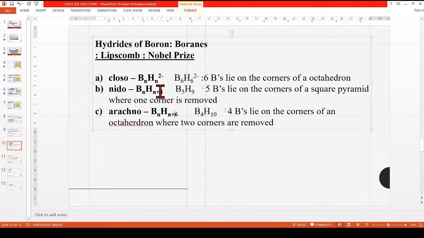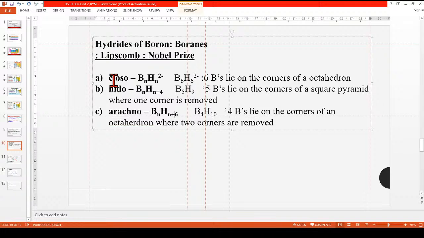BnHn+4, so if it is a square pyramid, then one corner is removed. And arachno BnHn+6, if the example is B4, then for the octahedron, 2 corners are removed. Okay, so